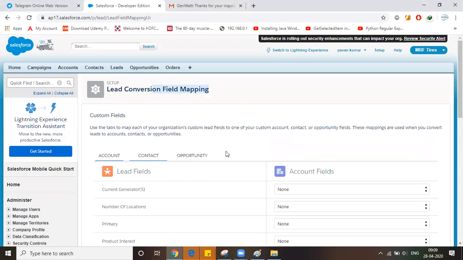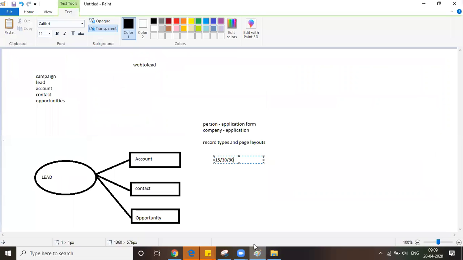Lead conversion field mapping. While converting the lead, we are converting the lead to the account object, contact object, and opportunity object. The lead information, whatever fields we have in the lead, we are saving. Like company name is mapped to account name.